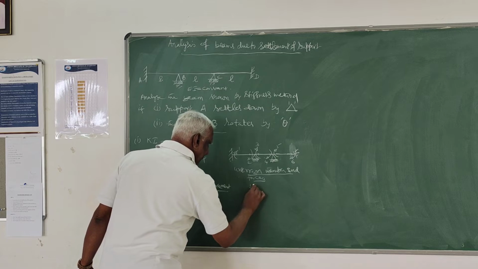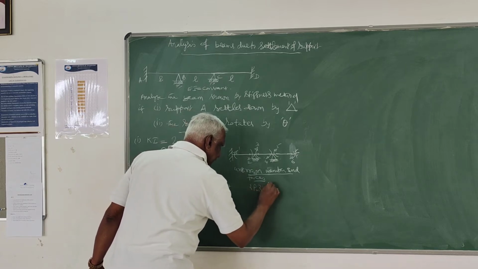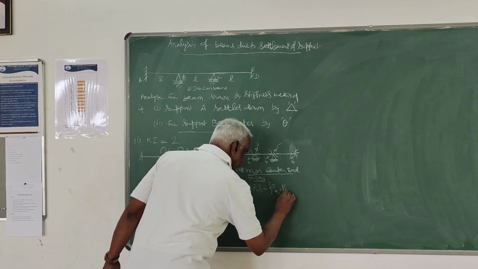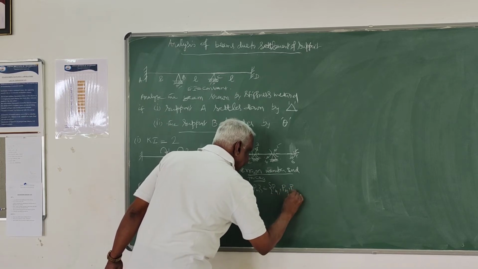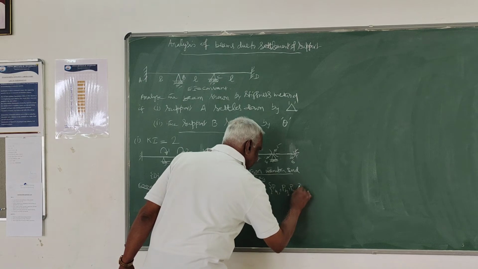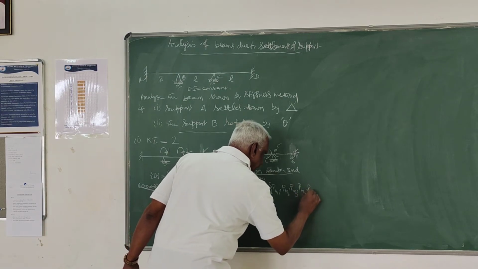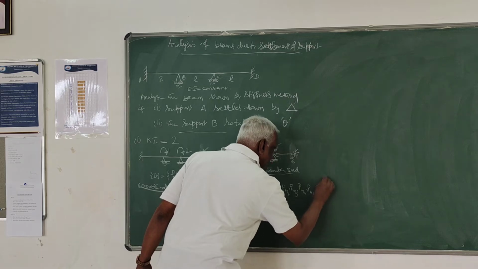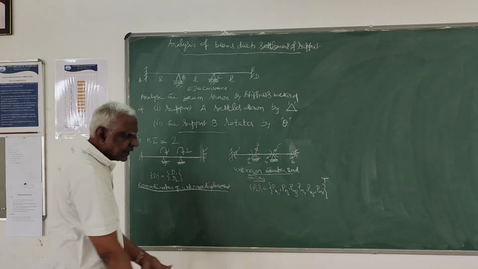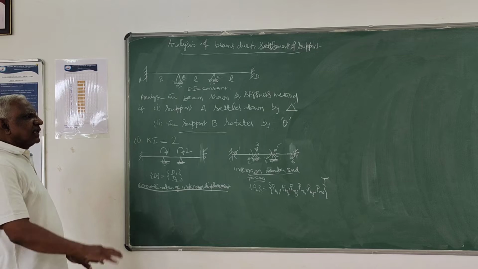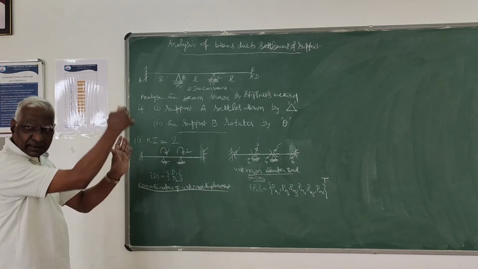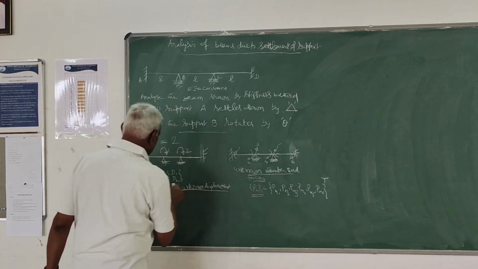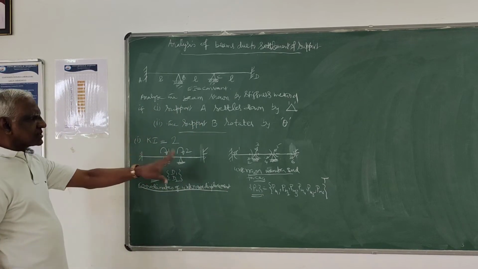That is your PM is nothing but PM1, PM2, PM3, PM4, PM5, PM6. I will write it as transpose. Instead of writing vertically, I am writing horizontally. That matters. The transpose is nothing but a vertical line. So this is what we have to determine during our analysis. That's the first step.